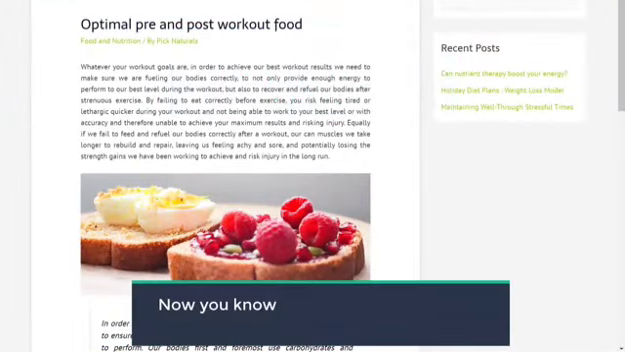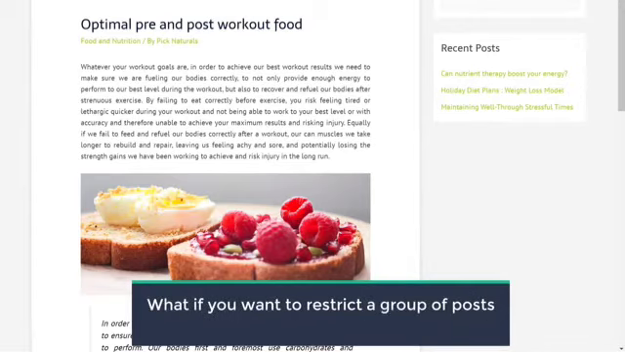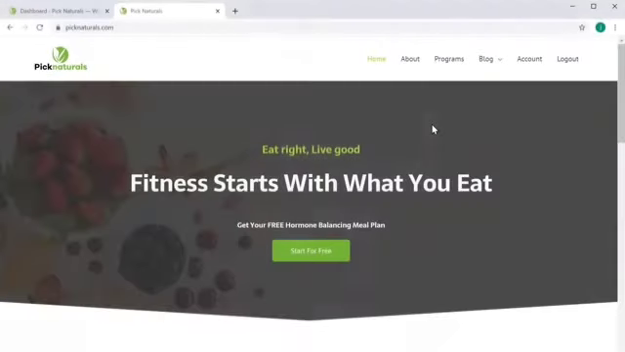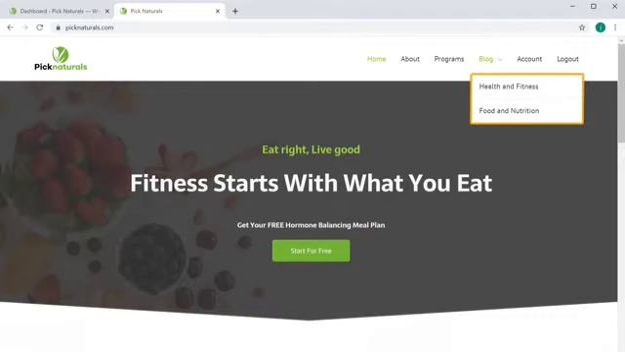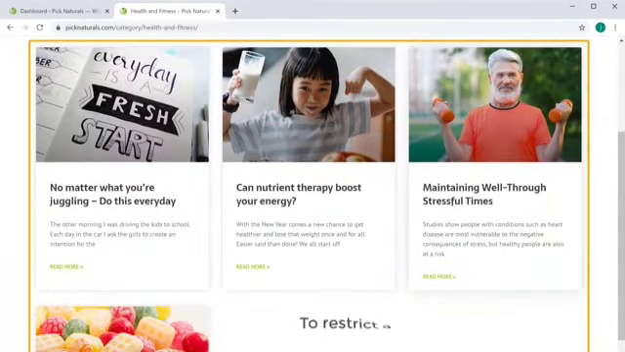So now you know how to restrict your posts one by one. Now what if you want to restrict a group of posts at the same time? Next, let's see how you can restrict content based on the category. Now let's go to our site and then go to Blog. And you can see the categories here. Now if you open it, you can see that we have these posts. Now to restrict all these posts,